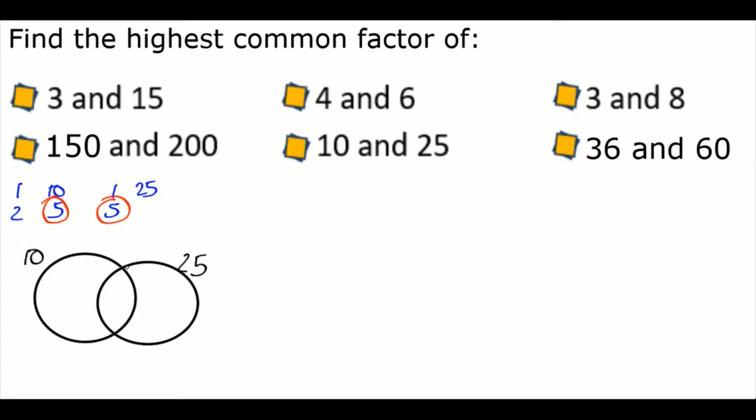So if we've got 10 and 25, 10 is 2 times 5 and 25 is 5 times 5, so there's a 5 in common which can go in the intersection. The 10 has the 2 left over, the 25 has the 5 left over, but it's the number in the intersection which is the highest common factor. So highest common factor of 10 and 25 is 5, and the way we'd write that, similar to with lowest common multiple, HCF 10,